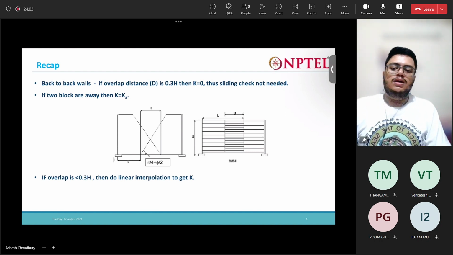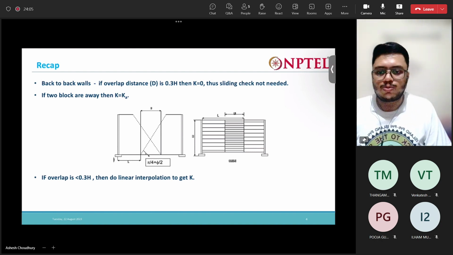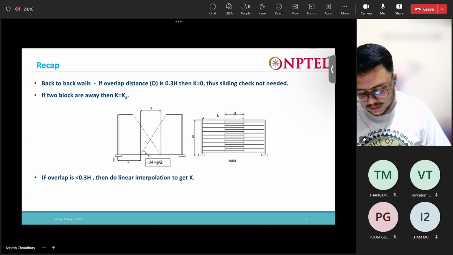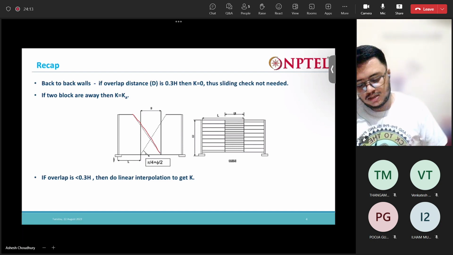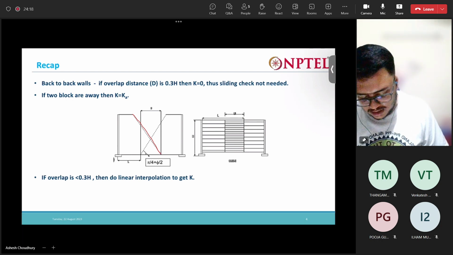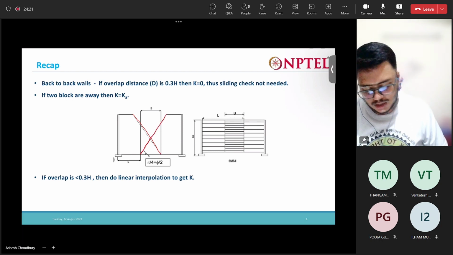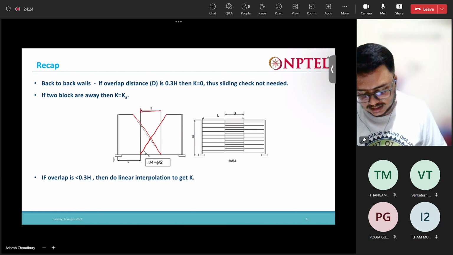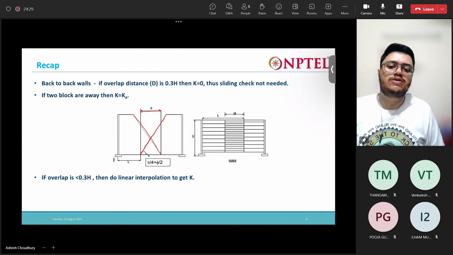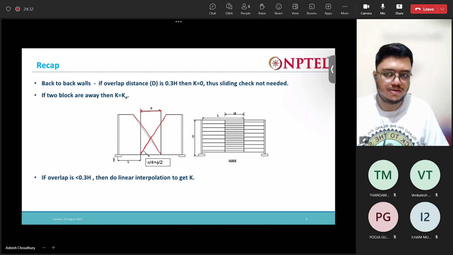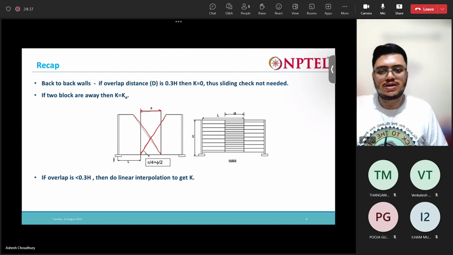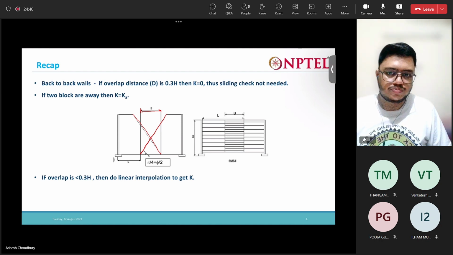So in back-to-back walls, what we need to account for is the overlap distance. For this wall we have this Rankine's active wedge, okay, and from this wall also we have a Rankine's active wedge. So what we need to consider is the overlap distance d, where these Rankine active wedges intersect. Alright. So if the overlap distance is about 0.3h, where h is the height of our wall,